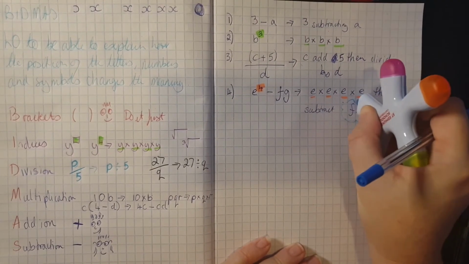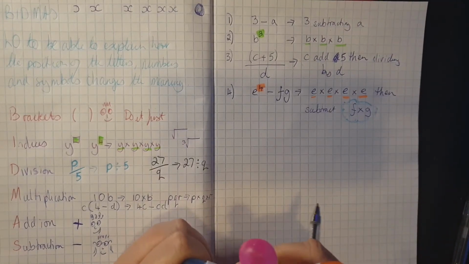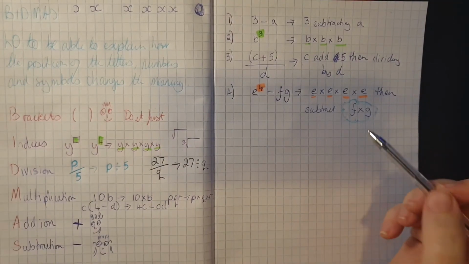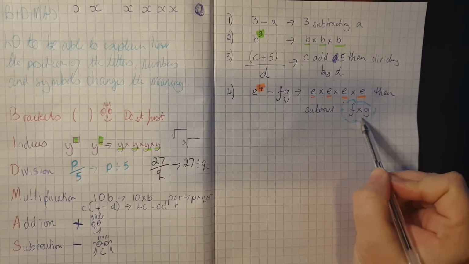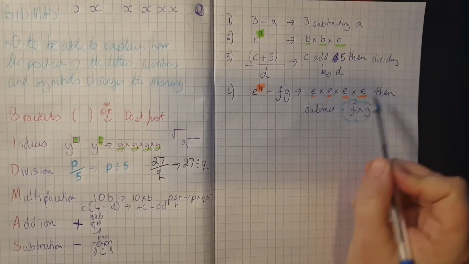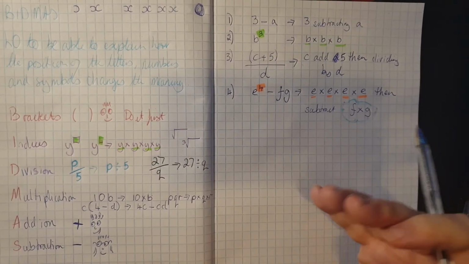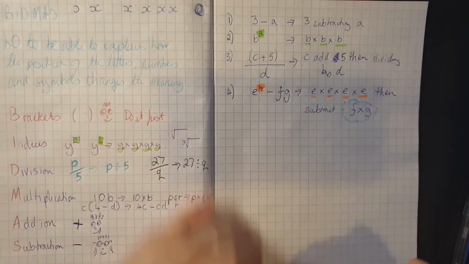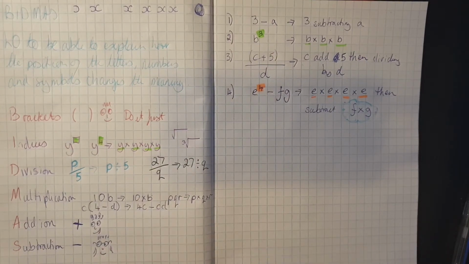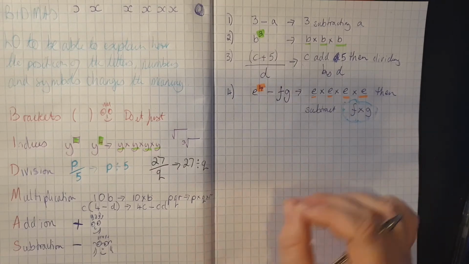So I'm putting this in a little cloud so we know, oh, my blue's nearly running out. So we know that this has to be done together. It's not subtract F, then multiply by G. It's then subtract F multiplied by G. Okay, so you're really grouping it together. I'm going to write down some examples, pause the video, and work out what is happening to the algebra in